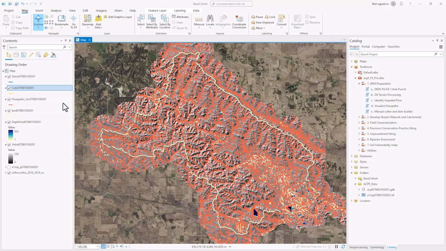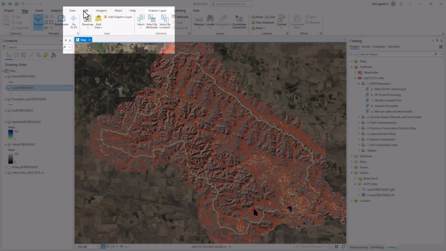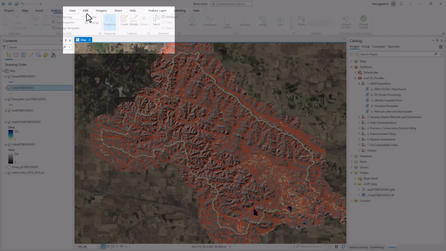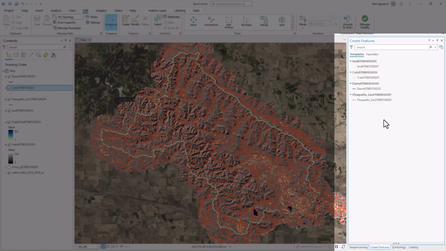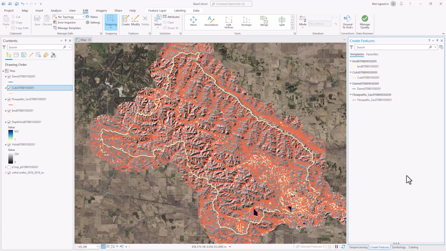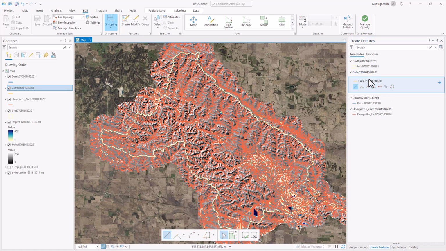For visualization, I have changed the color on the cut and dam lines from the default. To start editing, click on Edit in the top menu bar for ArcGIS Pro. In the Features section of the Edit toolbar, click Create, and this will open the Create Features window in the same area as our Catalog window, our Symbology, or our Geoprocessing windows. To begin creating the features, you will click on either the Cuts layer or the Dams layer to activate editing